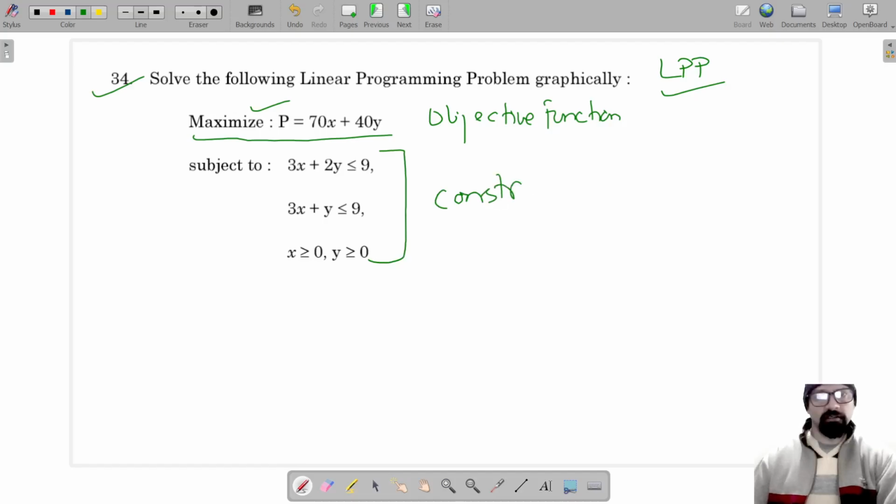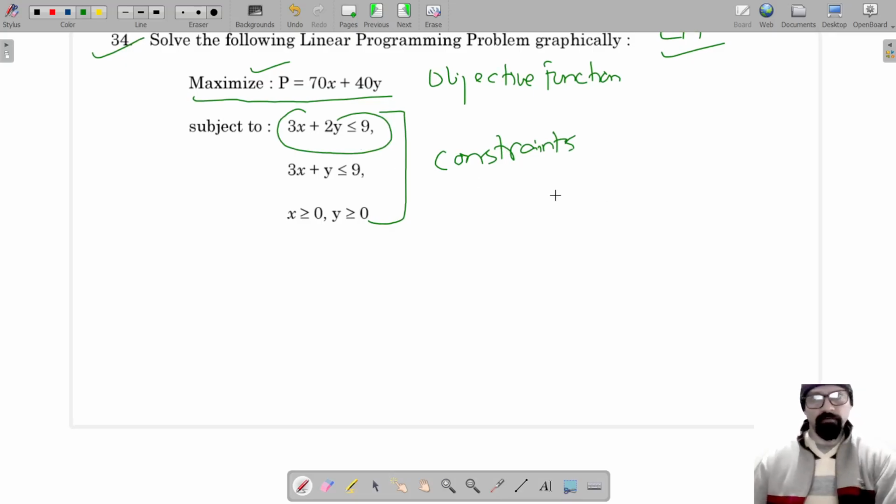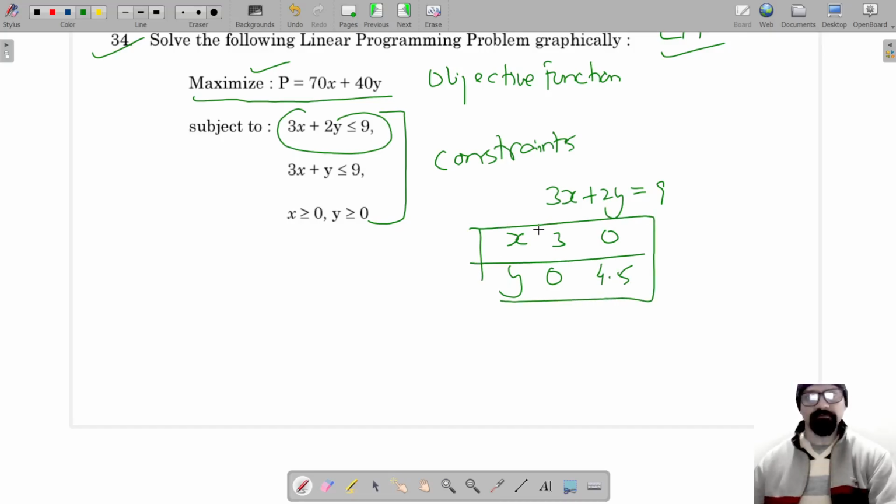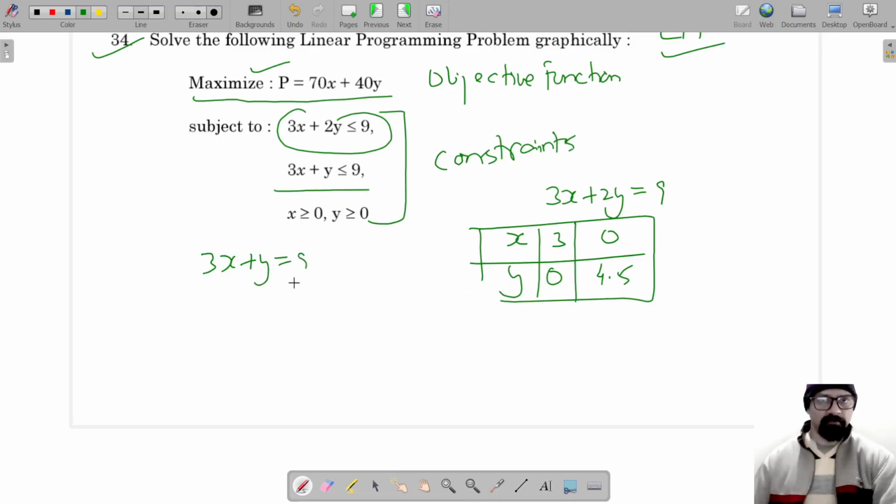These are the constraints. So first of all we will plot a graph, plot करेंगे, और इस inequality को हम मान लेंगे 3x plus 2y is equal to 9, और इसके कोऑर्डिनेट्स निकालते हैं। y को 0 डाला तो x मिलेगा 3, और इधर x को 0 डाला तो y मिलेगा 4.5. सो ये है इसके कोऑर्डिनेट्स। और दूसरी लाइन है 3x प्लस y इज इक्वल टू 9. इसमें x को 0 डाला तो y है 9, और y को 0 डाला तो x है 3. ये है इसके कोऑर्डिनेट्स।